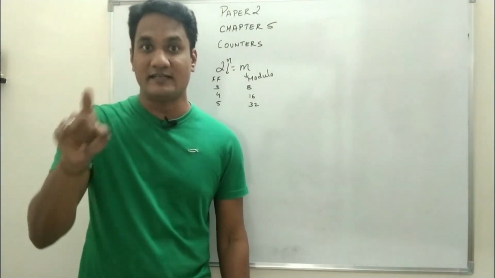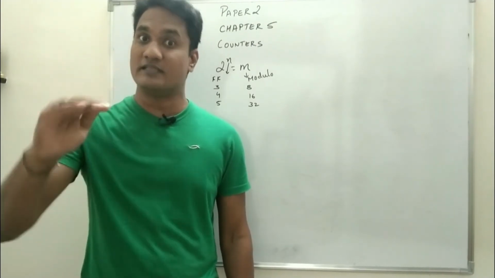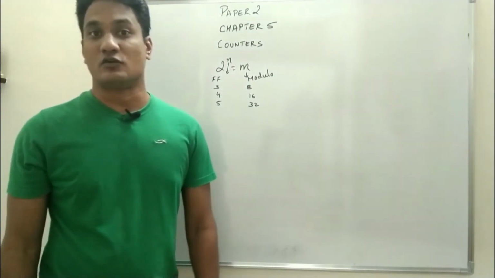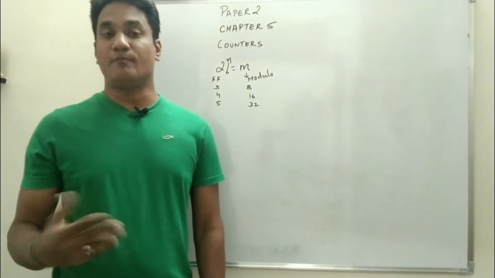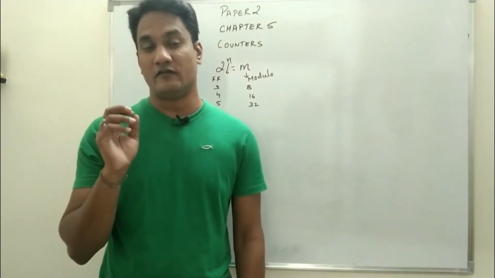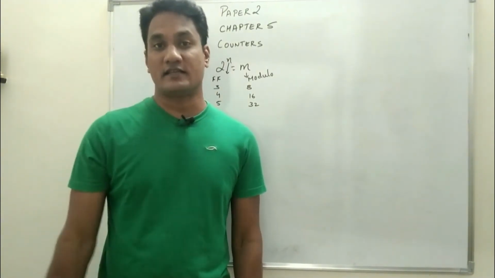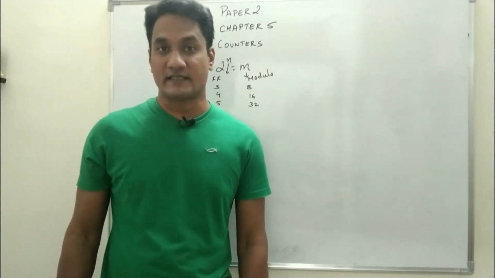0 to 9 is 10 discrete states. So it will count from 0 to 9, and after that it should reset back to 0 0 0 0. Such circuits have to be designed, and that type is called a modulo counter. So we will try to design two such circuits, modulo 10 counter and modulo 6 counter.